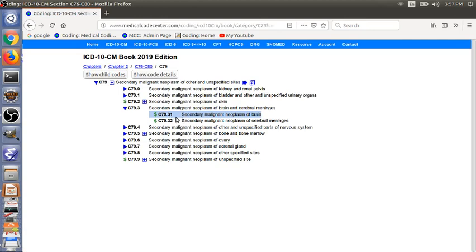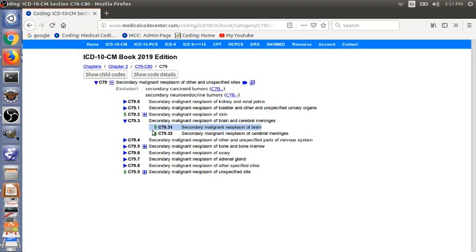C79.31, that's the secondary malignant neoplasm of the brain. So also make sure you read the notes. So this is the right code we get. The fourth code is the